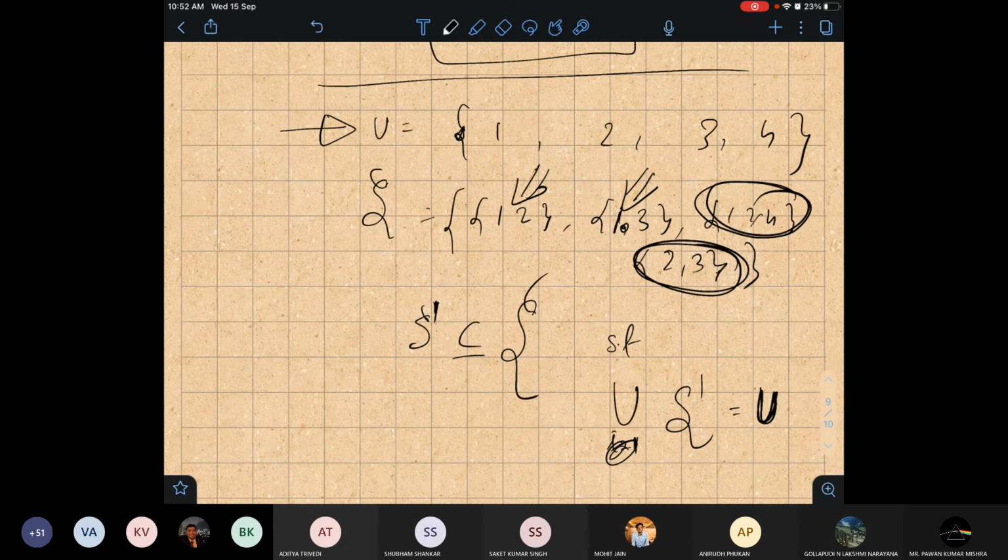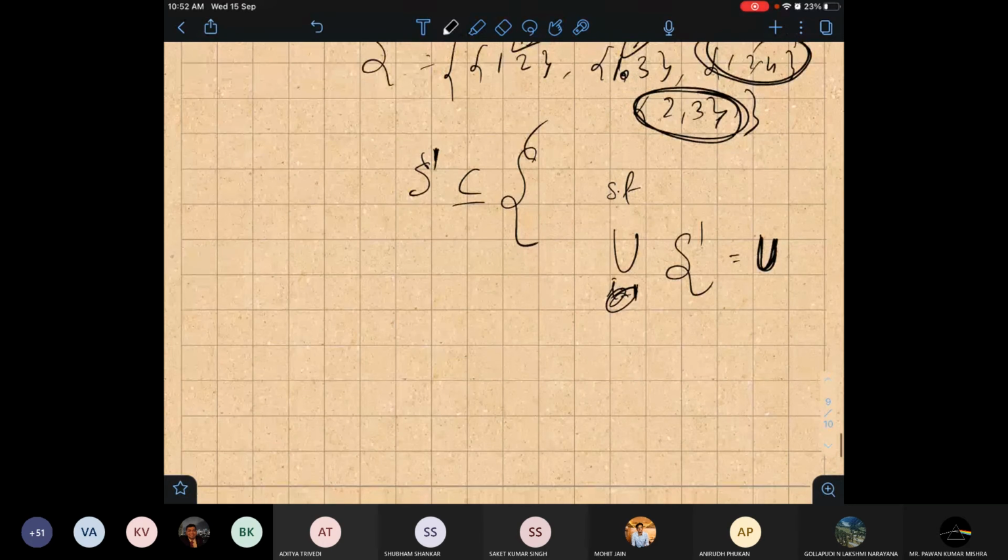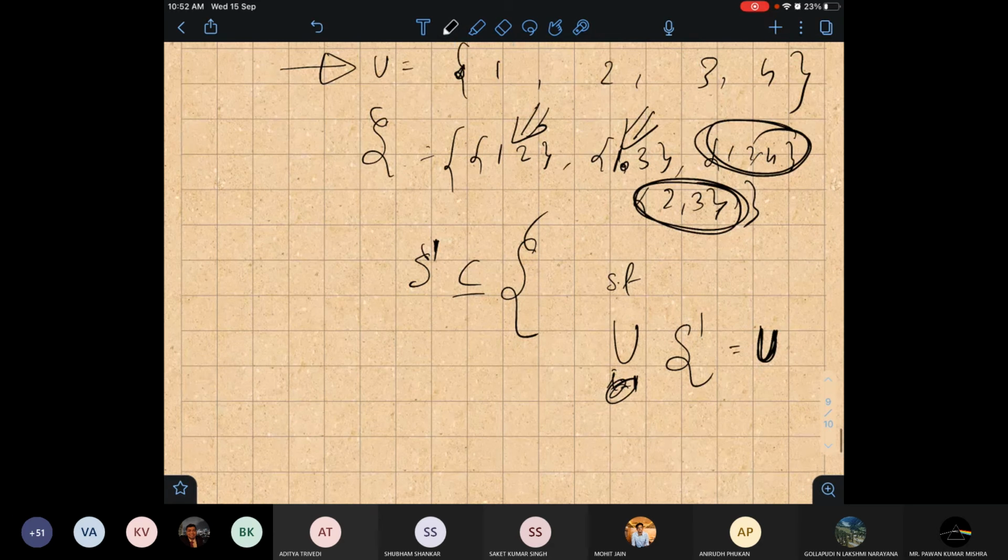So this problem is called set cover. Our goal here, again like vertex cover, is to find a minimum number of sets from the given sets such that it ensures it is a set cover. So any algorithm from your side, any greedy algorithm, can anyone suggest a greedy algorithm for this one? I guess the problem is clear.